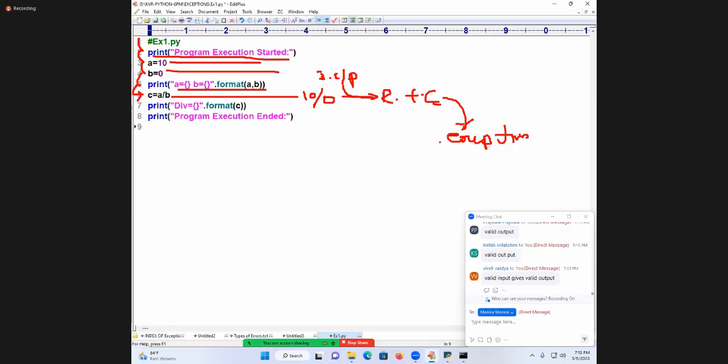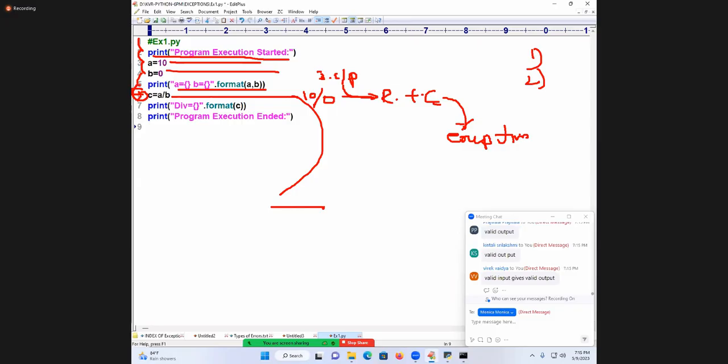When exception is occurring, what will happen? Technical error message will come. But okay, that is one thing. 3 steps I said. What is the first step? Line number 6 only stops. Abnormal termination. Number 2, PVM will come out of the program flow. And PVM generates which message? Technical error message. To do these A, B, C steps, internally PVM will create one object, student. That object of which class? One exception class is there. In Python, if any wrong input is coming, one object is created internally. That object has a class.